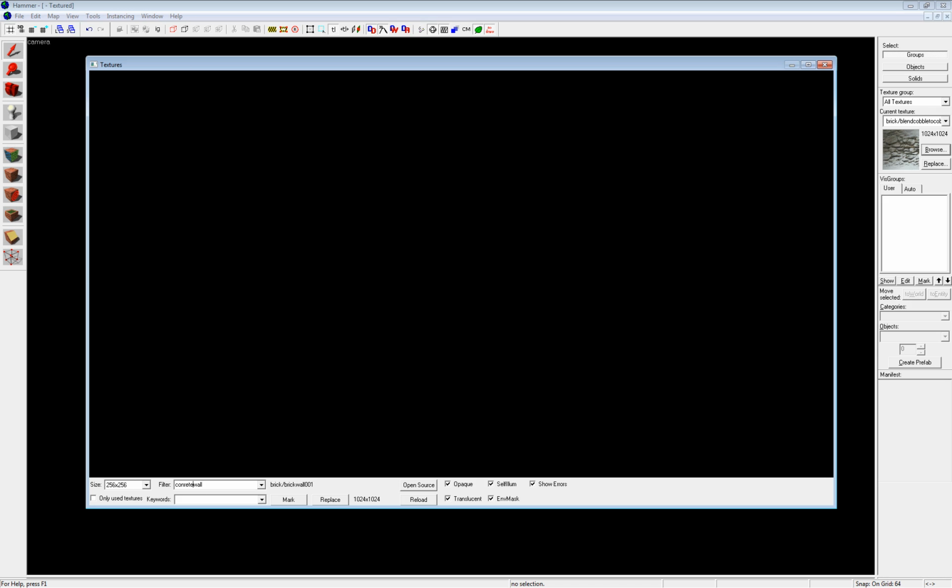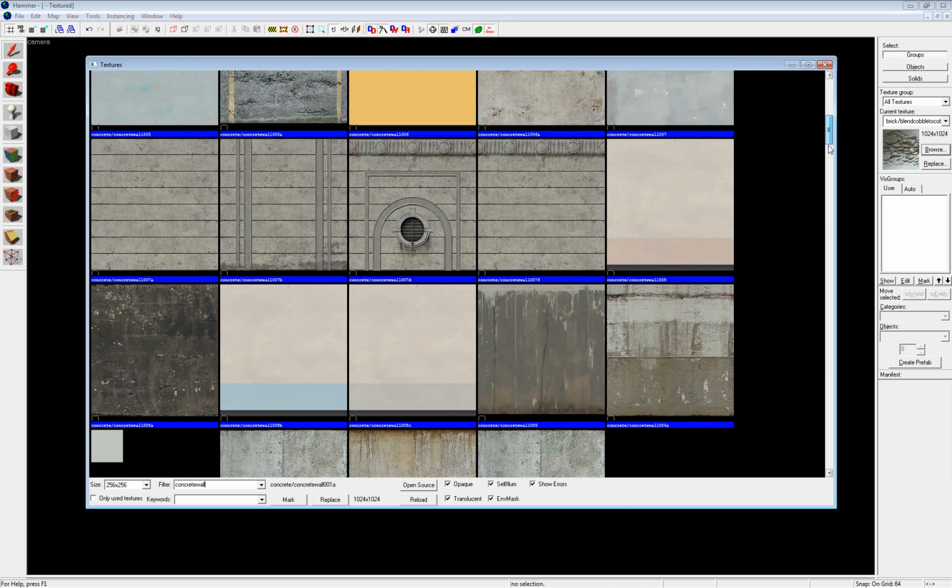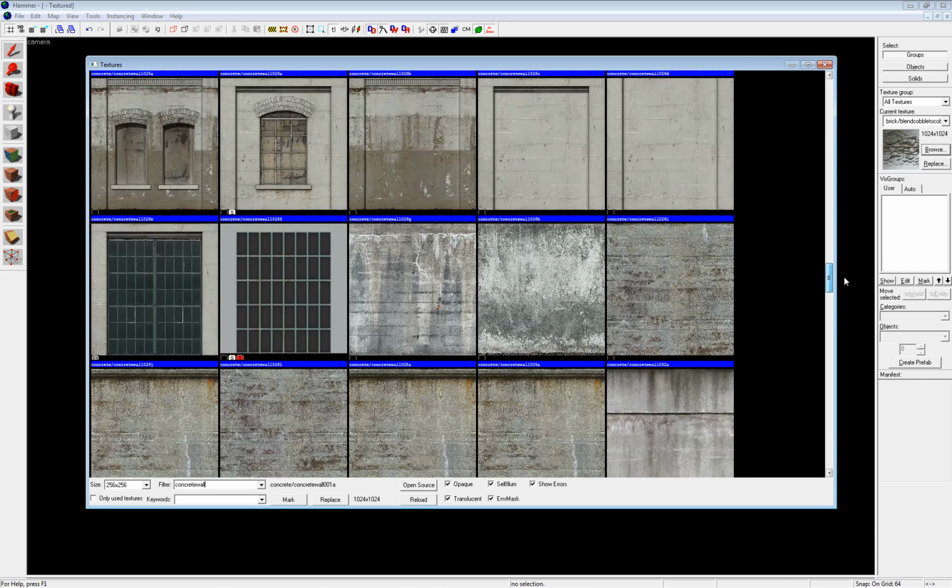I can't even type, that's brilliant. Concrete wall. Okay, yeah, that's way better. Okay, so now we have concrete walls, but notice this. These are TF2 textures, but you still have Half-Life 2 textures and things like that, and you're not